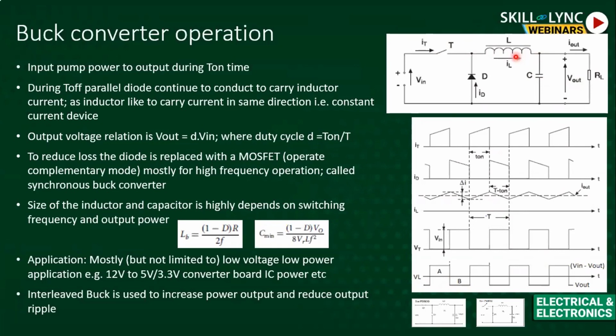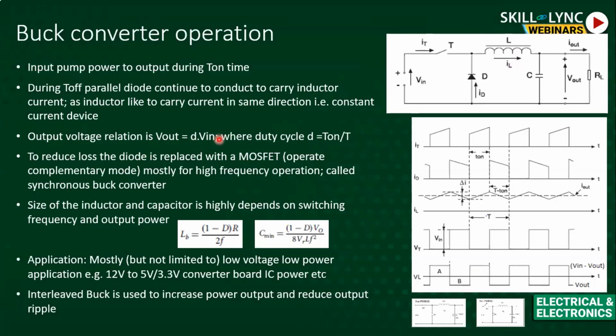When this transistor is off, the diode is conducting, then the voltage across the L is only the output voltage, because the diode is conducting, it is like these 2 points are short. So the voltage across the inductor is V out, so V out times T off. If you do that, you can see the voltage equation is around V out equals delta times V in.